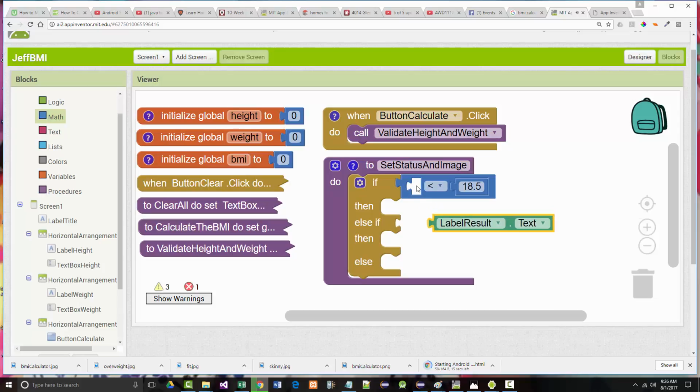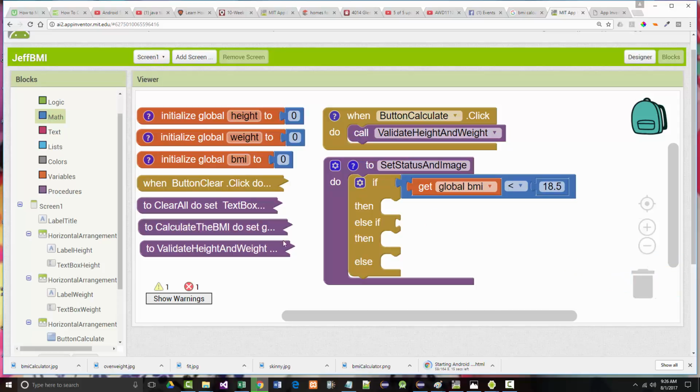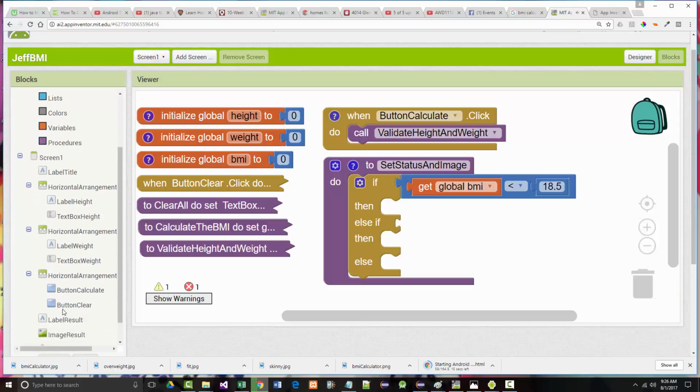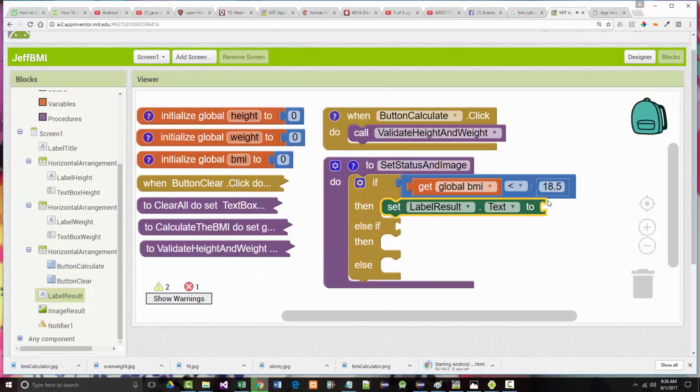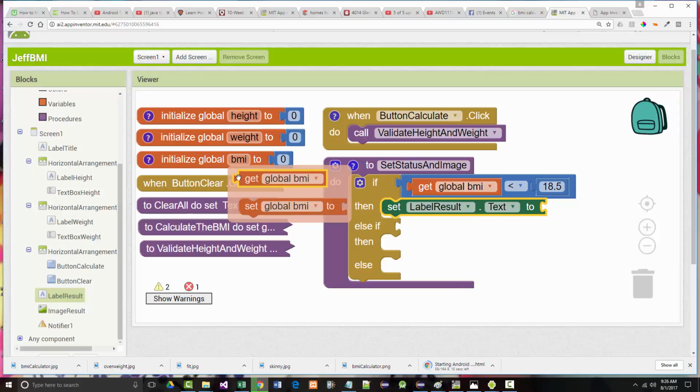That's what we're going to do later. This is the BMI. So if the BMI is less than that, then we want to set the result text. So not get it, but set it. And we want to set it equal to the status to